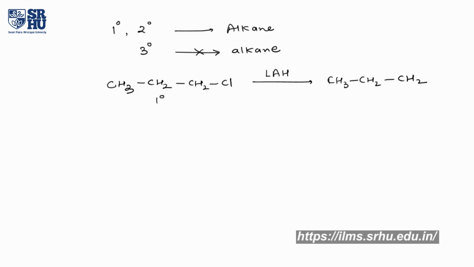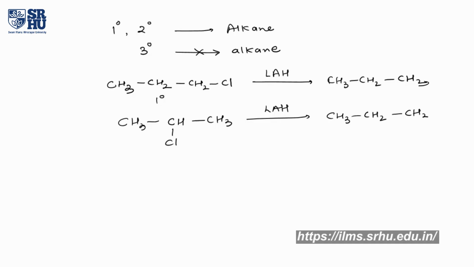Now let us understand it through an example. We are having this 1 degree alkyl halide, and it is converted with the LiAlH4 to an alkane, which is CH3CH2CH3. So 1 degree alkyl halide can be easily converted to alkane. But if we talk about 2 degree alkyl halide, it can also be converted. For example, if we are having CH3CHCH3 with a halogen, and if we try to reduce this alkyl halide by lithium aluminium hydride LiAlH4, we can easily get